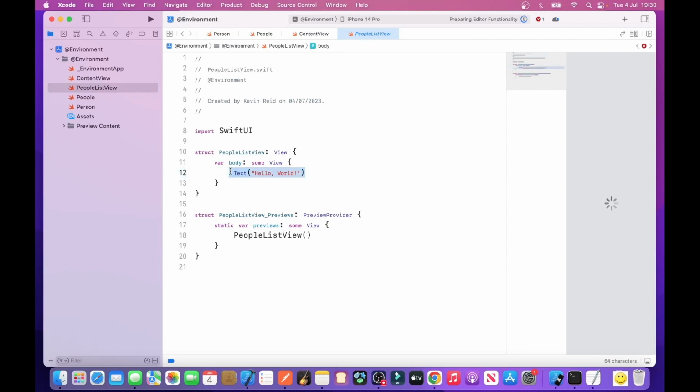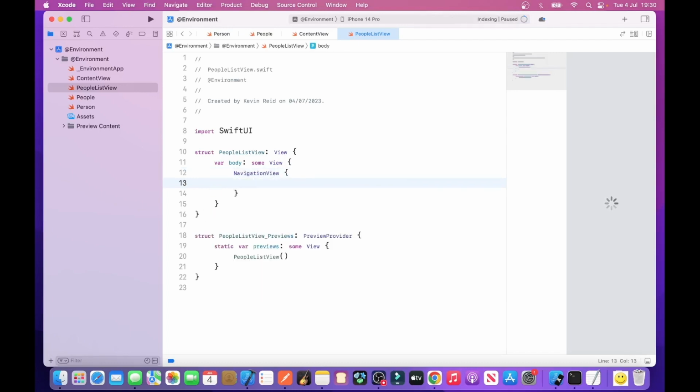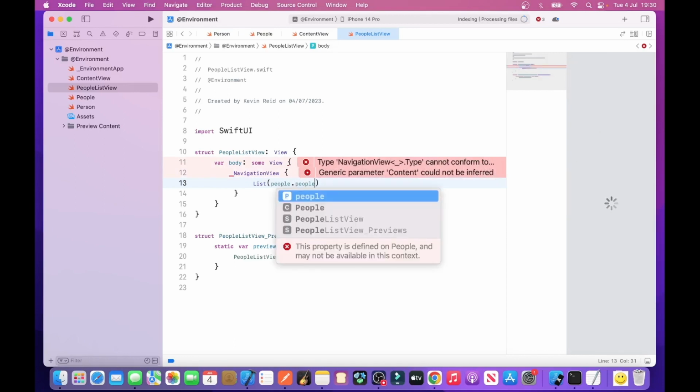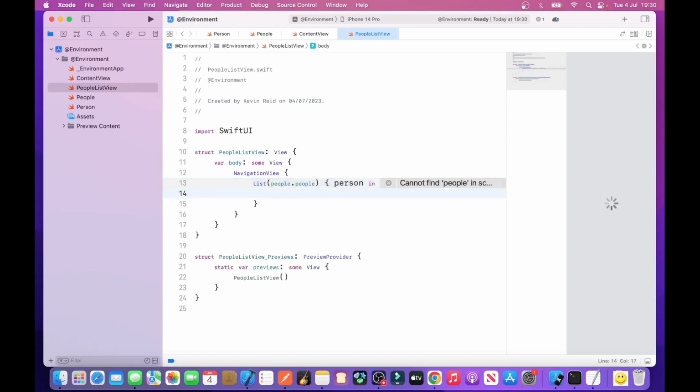Delete line 12 within the people list view. Next, type the following: NavigationView, List, people, person in, and then type in,